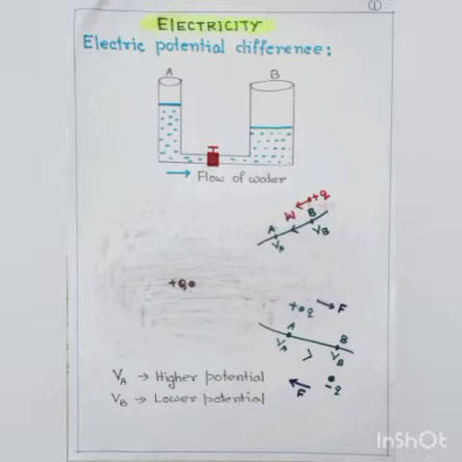Here a plus capital Q charge is placed and there is an electric field surrounding it, and we have considered 2 points, point A and point B. Now see, in last class we have discussed the electric potential. So what is electric potential? Electric potential at a particular point in an electric field is defined as the work done in moving a unit positive charge from infinity to that point. So for a particular point B, VB is the electric potential.